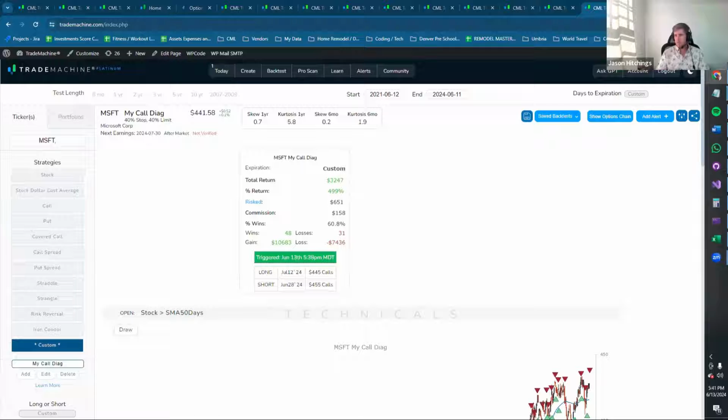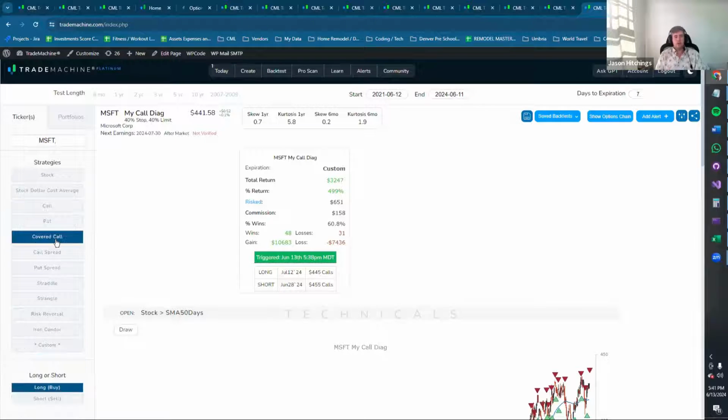Okay. I have an existing portfolio. I want to sell call options for income. I don't want the stock called away. Can you demonstrate how to set up alerts for selling calls for that purpose? Well, so if you don't want the stock called away, then you would typically be selling calls further out of the money. And what you can say is, hey, even if it would be called away, I just want to close the position. So one way you could do it is you could say, okay, I want to do a covered call.